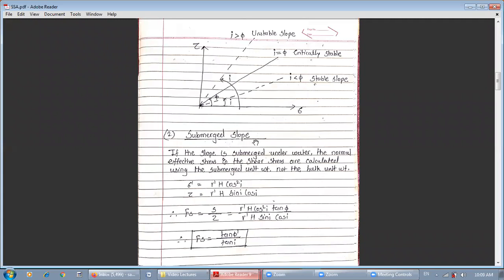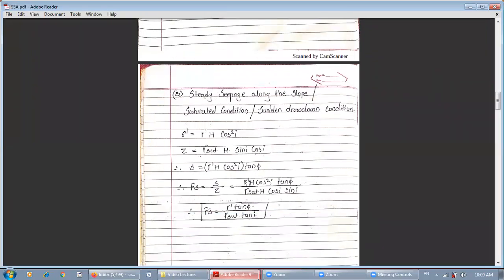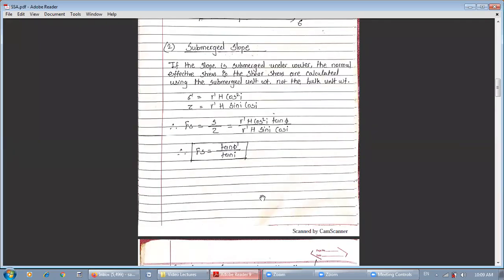These three equations are only for infinite slopes in cohesionless soil, for three conditions: dry soil, submerged soil or submerged slope, which is also said to be when the canal is running full. Submerged is the case when the canal is running full. When the canal suddenly gets emptied, that is sudden drawdown condition, and the surrounding soil will be saturated. There may be different wordings in the numerical, so you have to understand the wordings to solve the problem and find the factor of safety.